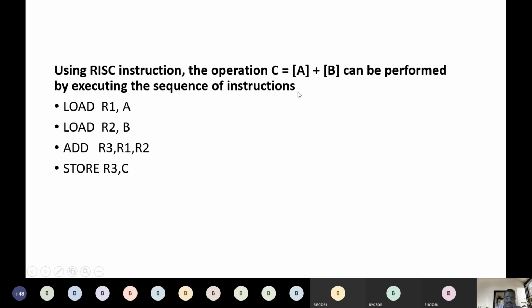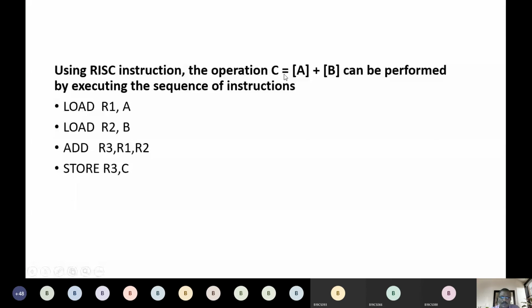So this is another example of how this expression is evaluated using RISC instructions. RISC uses only registers and does not use main memory, so you can see it uses only load and store operations.